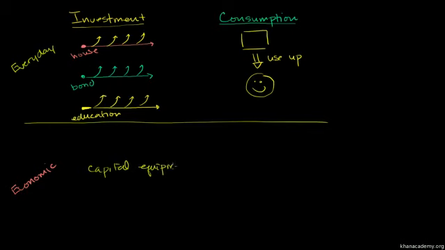So capital equipment are things like, if you are a factory, you will buy the equipment to run your factory. You buy the robots, and you buy the assembly line, and you buy the wheelbarrows or whatever else, the things that have to cart things around. That is capital equipment. It would be things like inventory.